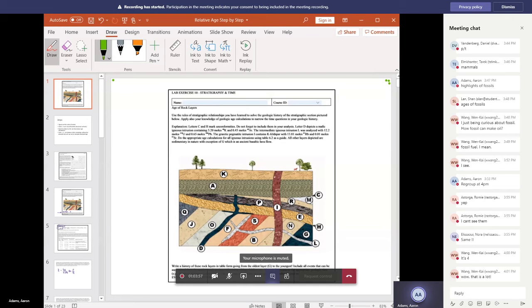So the next thing we wanted to do here is just give you an overview of this lab activity. This is your last lab assignment for the semester, and I've just cut and pasted a picture of that lab exercise, and I want to talk you through some detail. What does Covey say? 7 Habits of Highly Effective People. One of the habits is to begin with the end in mind. So with the end in mind, what you want to deliver back to me on D2L is this particular exercise,